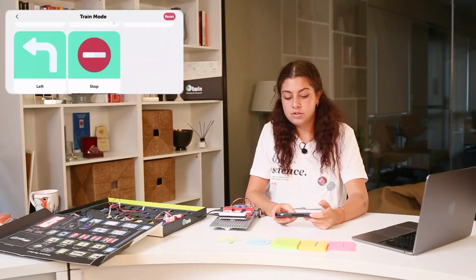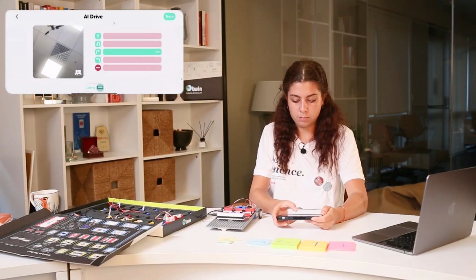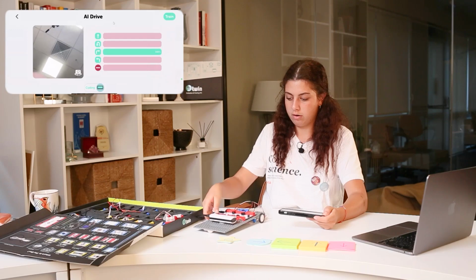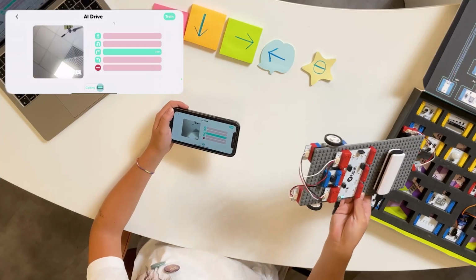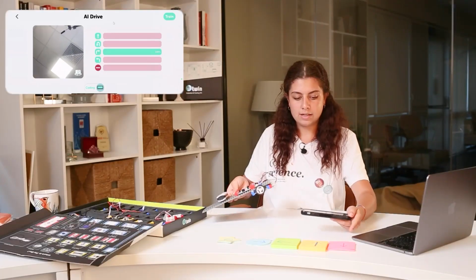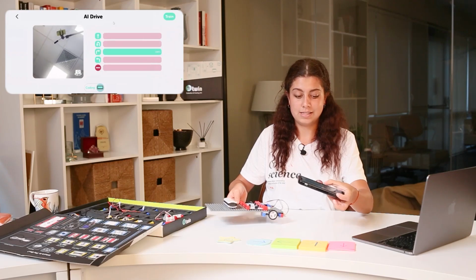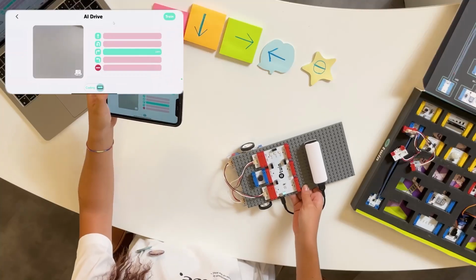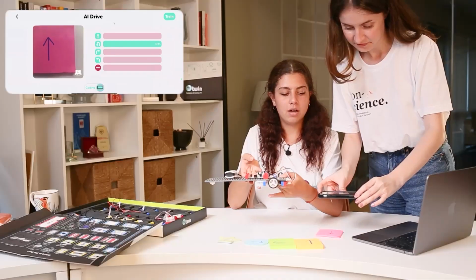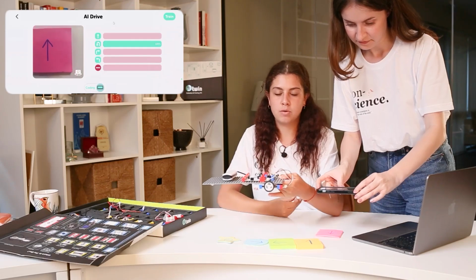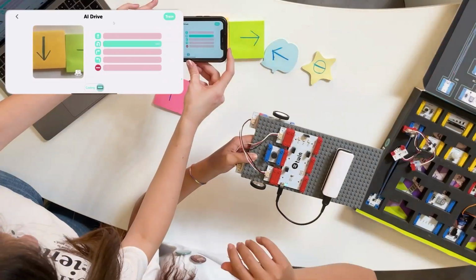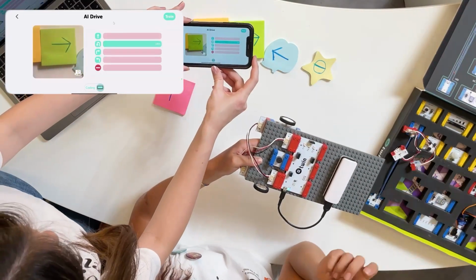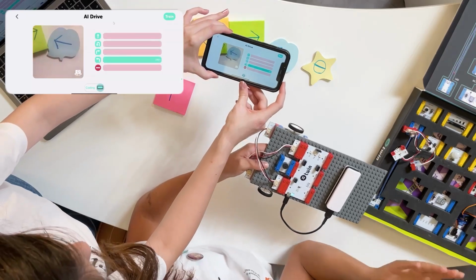After taking photos of each of the visuals, we're going to go back, and then we are going to connect to our car that we had previously done. I had already connected to this. Now AI is trying to understand what it sees and comparing it to the images that we have. So if we put our camera towards the forward post-it that we drew, it should actually go to 100% in forward, but it sometimes doesn't because AI can be tricky